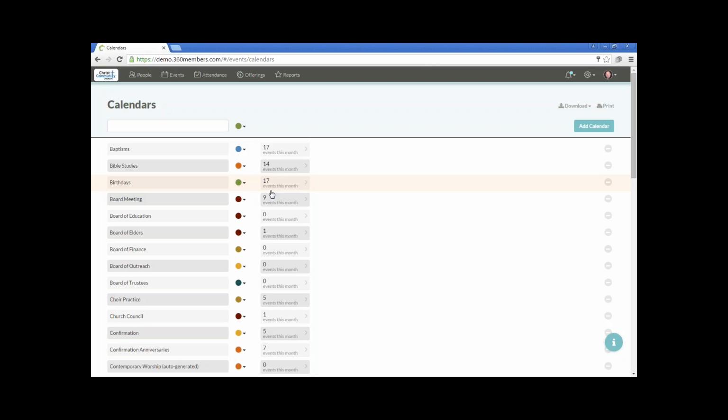And inside of Church360 Unite, you can add just regular calendars, but you can also have groups, and those group calendars will flow over to Church360 members as well. So a group like Board of Elders, and there's one event, and that event is showing here inside of Church360 members. And the fourth type of calendar is going to be our custom calendar,